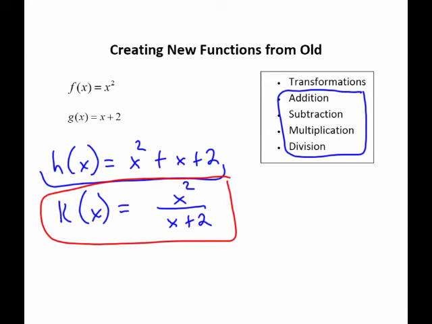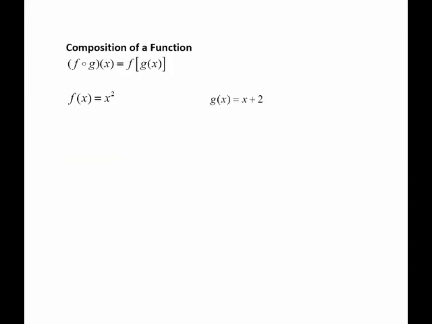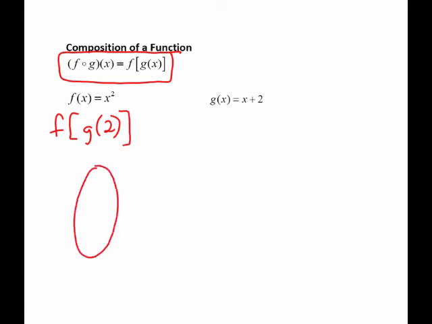Now there is one other way to create new functions from old, and that is through what we call the composition of a function, and that's putting one function inside another function. And you read this statement as f of g of x. Alright, let me demonstrate what's happening here with these 2 functions. If I were to ask you to find f of g of 2, what I would do is I would start off with 2, which is my x value,